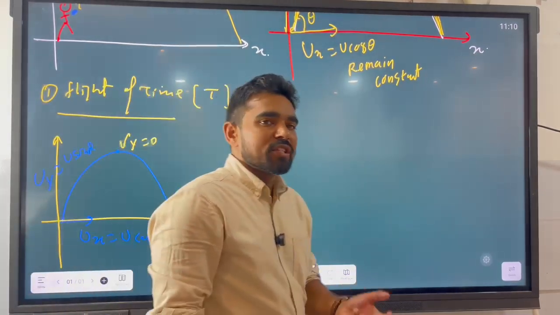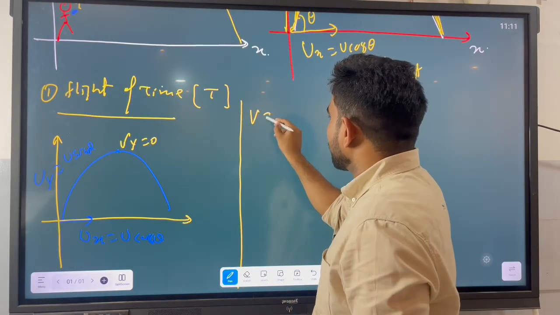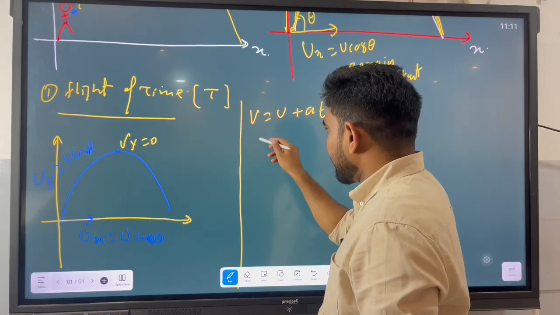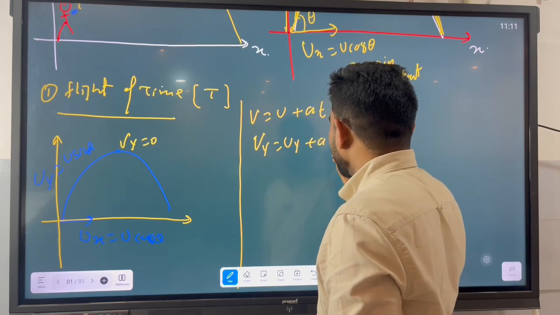Using the first equation of motion, v equal to u plus at. For the y direction, vy equal to uy plus ay t,